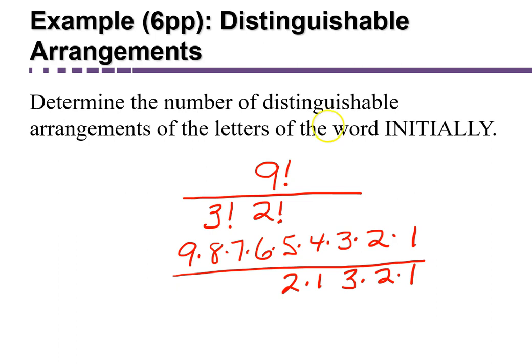And it would look something like this, where notice you could cancel these out. This would be the 3 factorial. And in a sense, you could cancel this 2 here with this. And then you would multiply 9 times 8 times 7 times 6 times 5 times 2. And this would give you